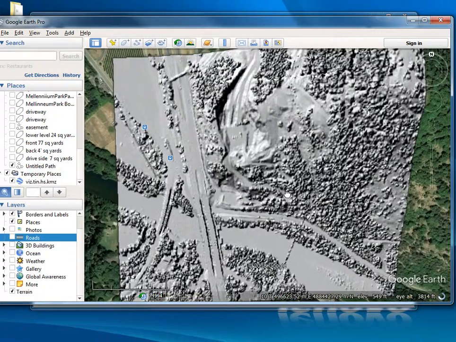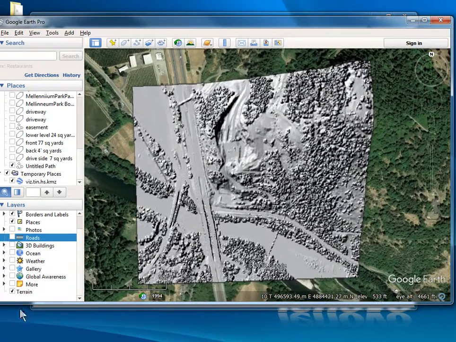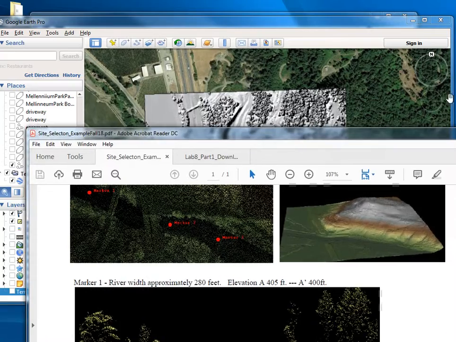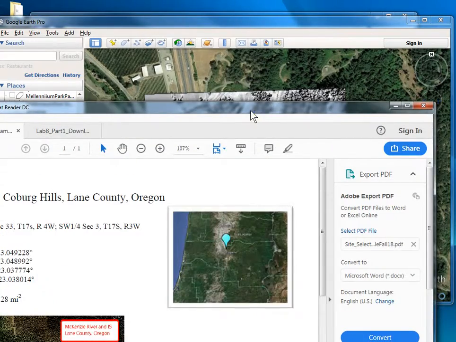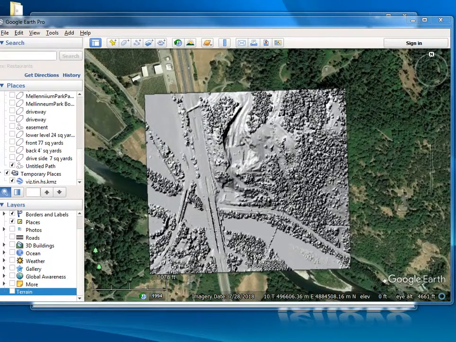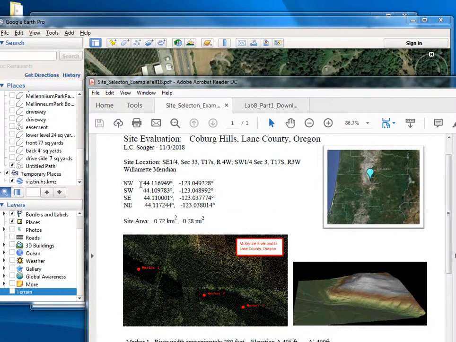Because this is actually three-dimensional as well. So now that I'm in Google Earth, I'm going to turn off terrain. So now my image looks flat. With the 3D terrain, you can see that it goes up over the hill there. So in my example, you'll see that I was able to identify township or latitude and